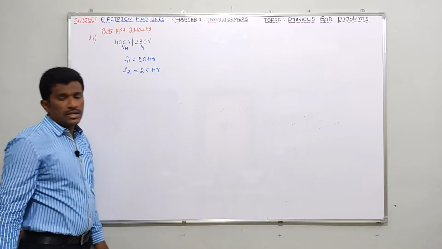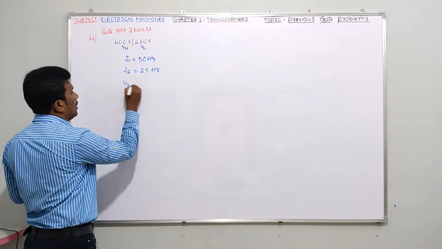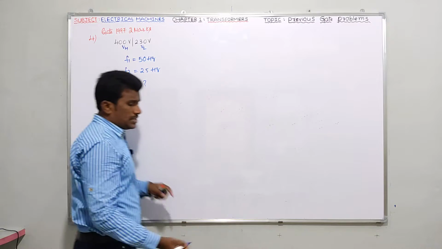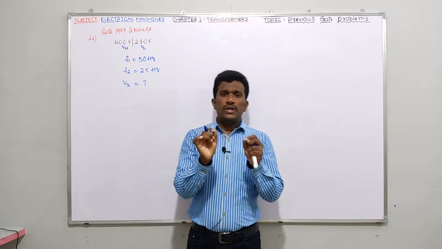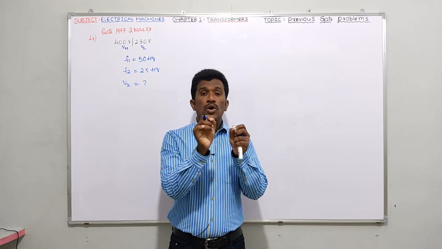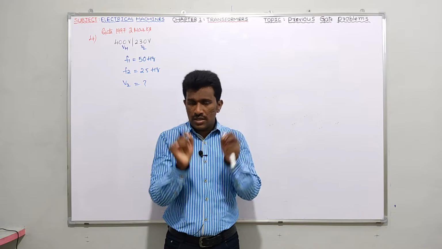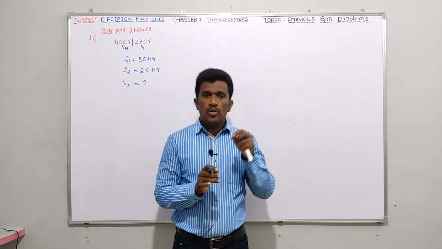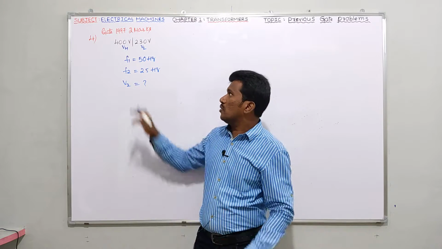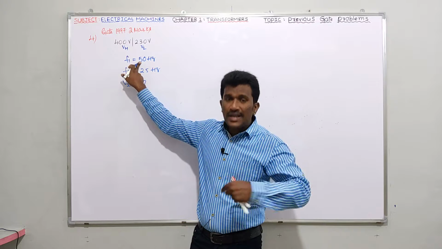Now what is he asking to find? The supply voltage should be. He is asking to find the V2 value. Please try to understand the question clearly, guys. That word is very important, whatever he has given in the question: the low voltage winding of a. Please underline that statement. The low voltage winding of a 400 volts to 230 volts 50 Hz transformer is to be connected to a